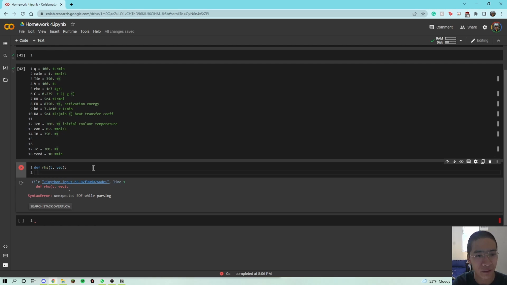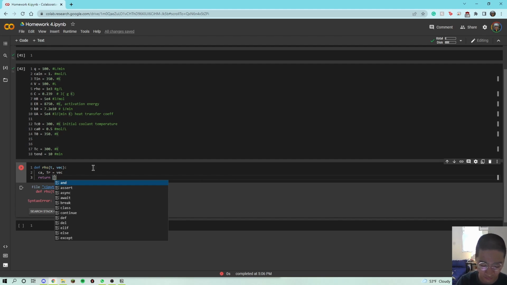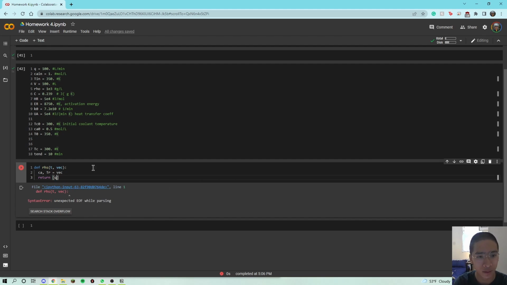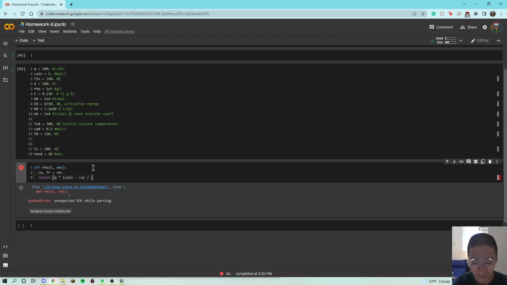Right? And we want to unpack vec as our two independent variables, that being the concentration of A and the temperature of the reactor. And we want to return an array of our two right-hand sides, that being Q times C, concentration of A going in, minus concentration of A going out. Since it's well mixed, that's very simply the concentration of A within the reactor divided by volume, minus special K,